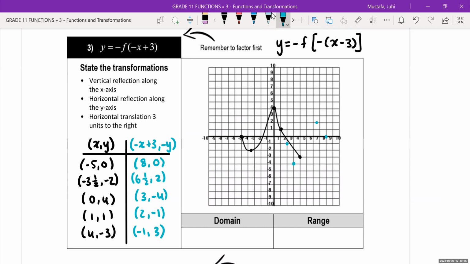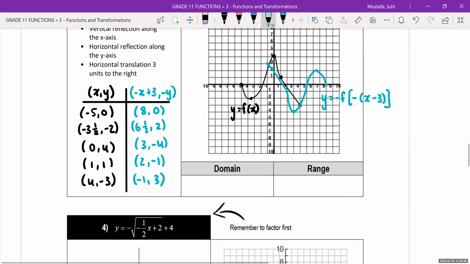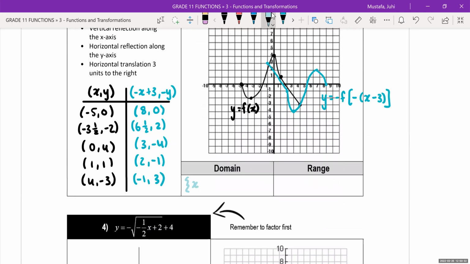I really don't like this grid at all. Yeah. Definitely not this. From -4 to 3, so